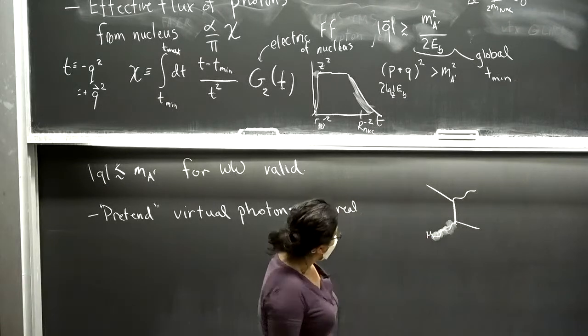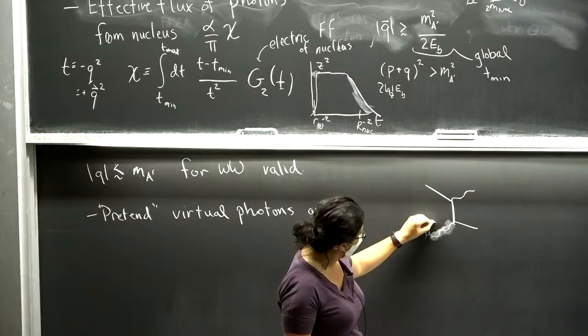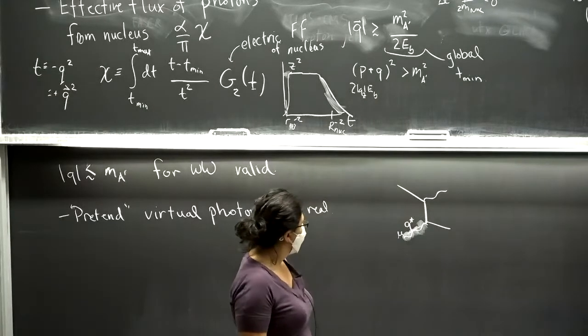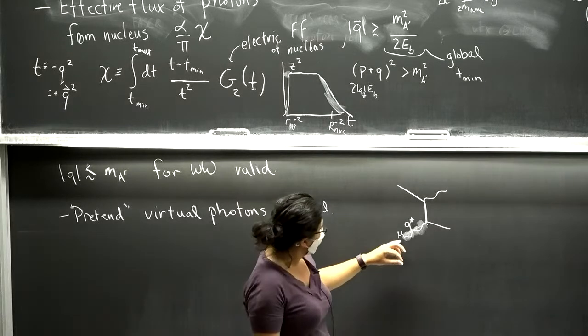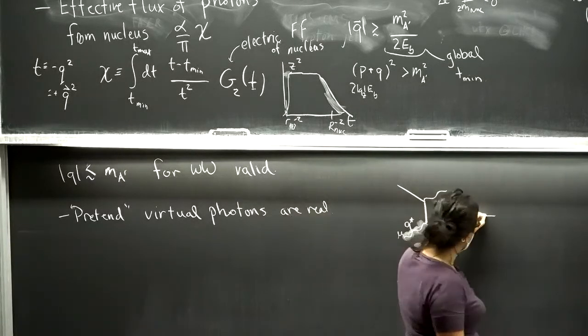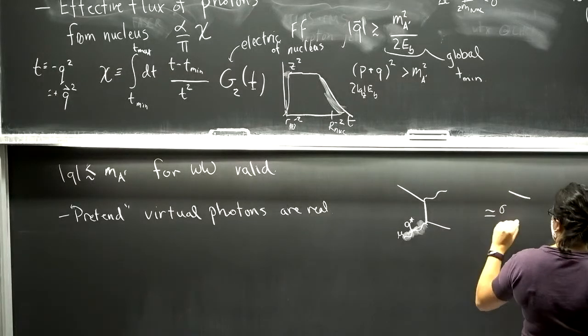Contract, basically take this mu index with my off shell Q, and the leading effects are going to be close to what you would get by taking a cross section